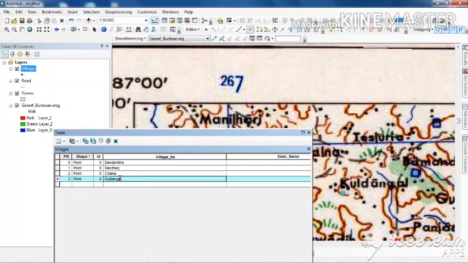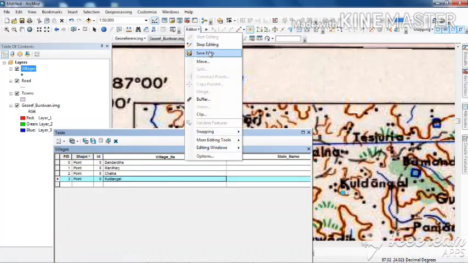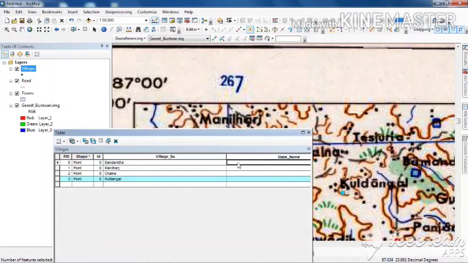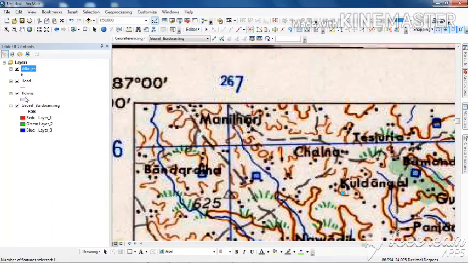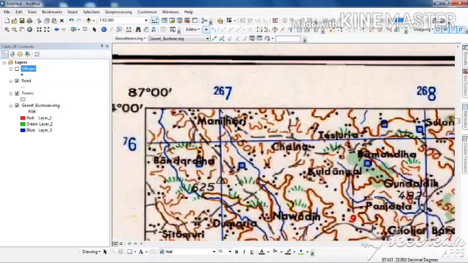Now, as all these villages are in West Bengal, as I know from earlier, I have kept it for the to-do-later option. Now I am filling those also. And simply I will have to click on save edits. So this digitization of the village points is complete for this practical session.